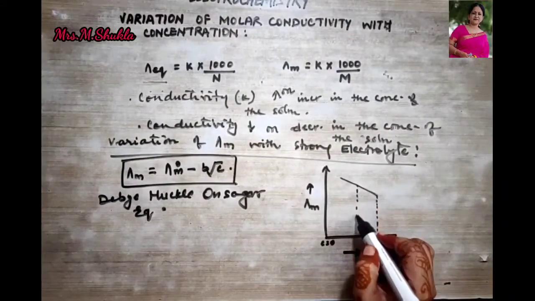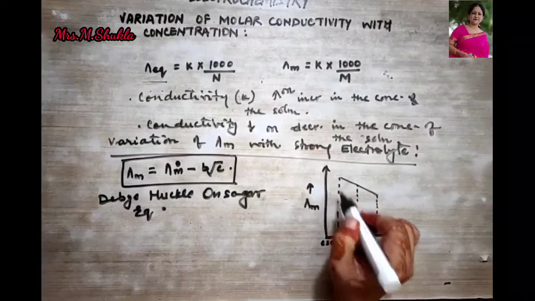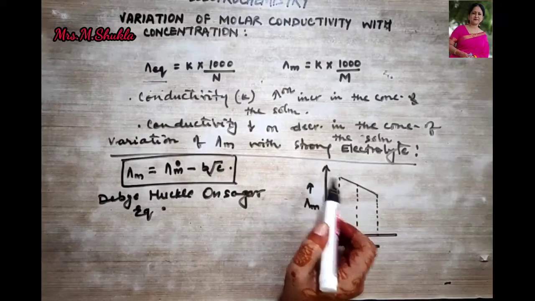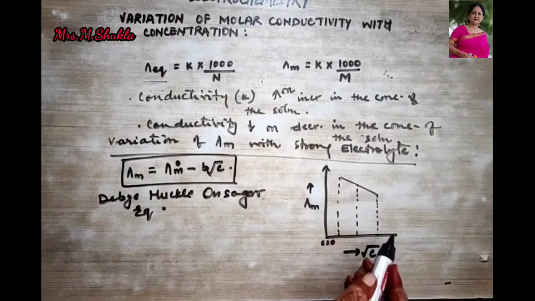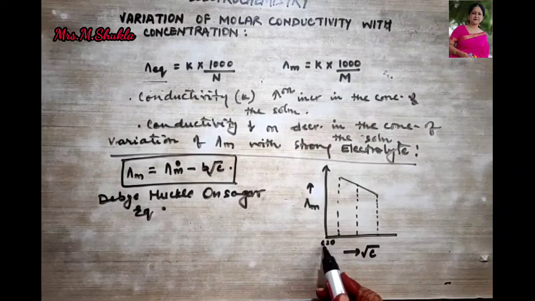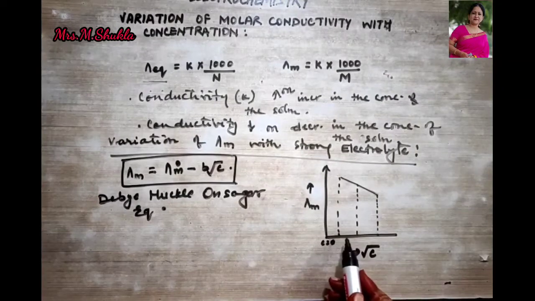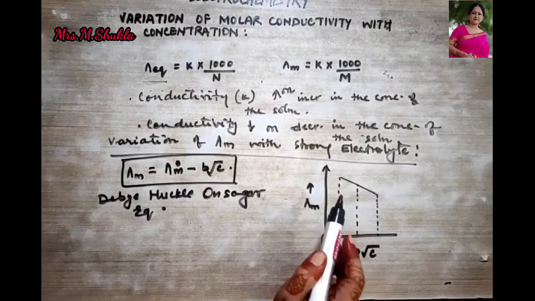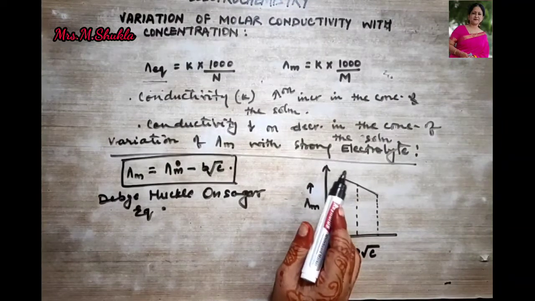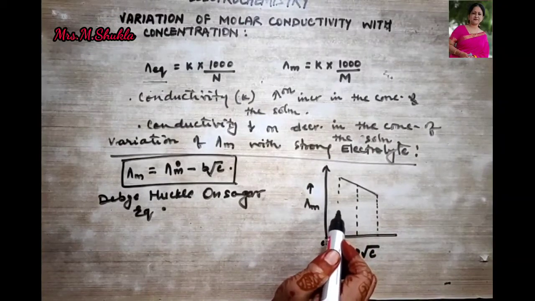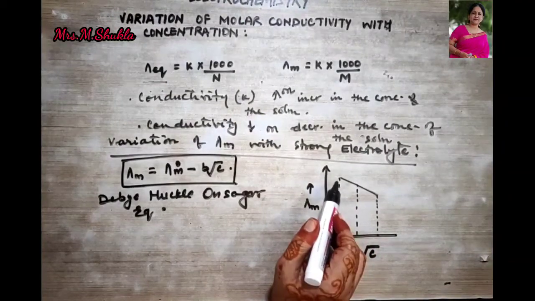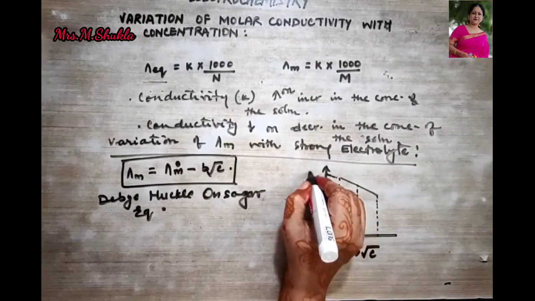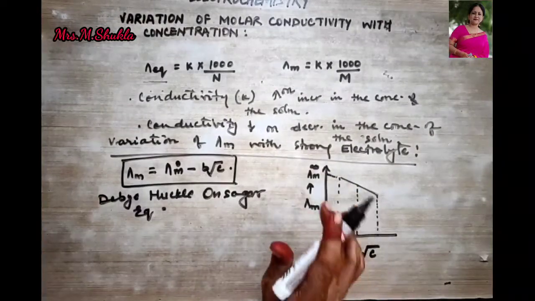Now if you look at this graph, what are you going to observe? Try to understand. Now as we move towards the left hand side, what is happening over here? The concentration is decreasing. It is coming to 0, right? That means as we reach over here, the concentration is 0. That means much dilution is seen this side. That means more water has been added over here. Therefore, dilution has increased, right? So over here it is going to show you the maximum molar conductivity.